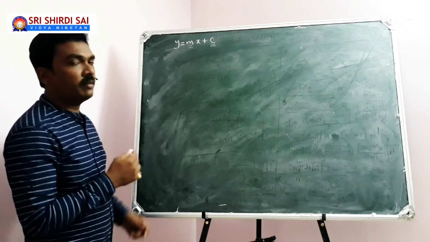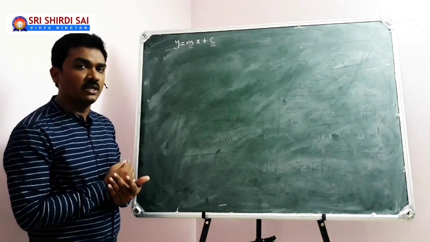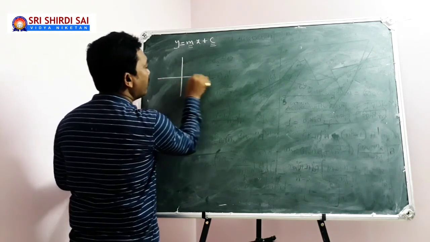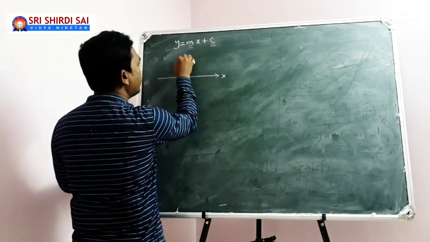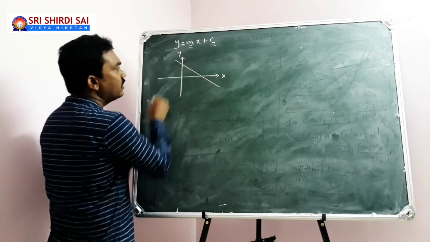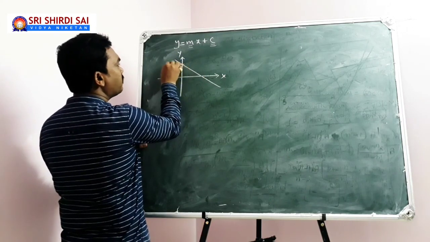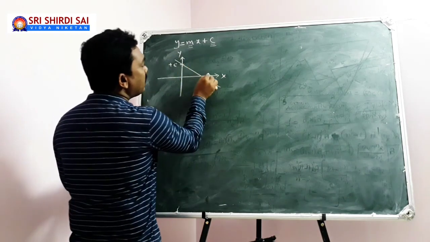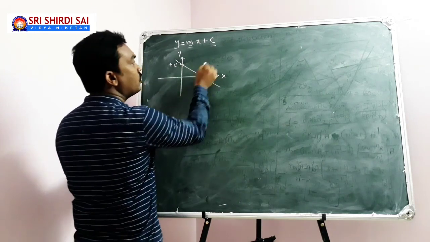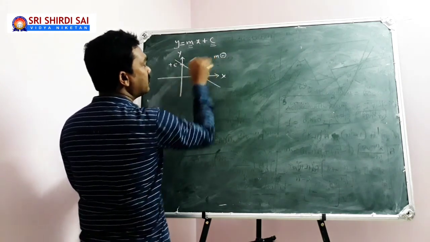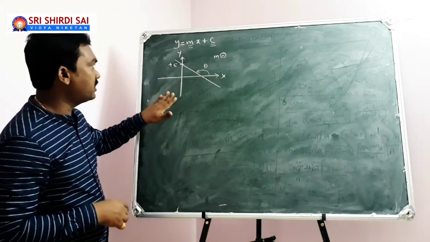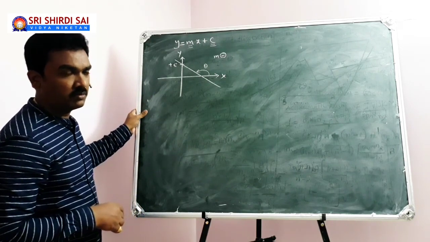So in that case, we come across different situations. You have learned already, when you are dealing with y equal to mx plus c, your graph may be a straight line in this way. Look at this. Here is the y-intercept c, which is positive. Here theta, the inclination of the line, is greater than 90, so the slope is negative. So in this case, the slope is negative but the y-intercept is positive.